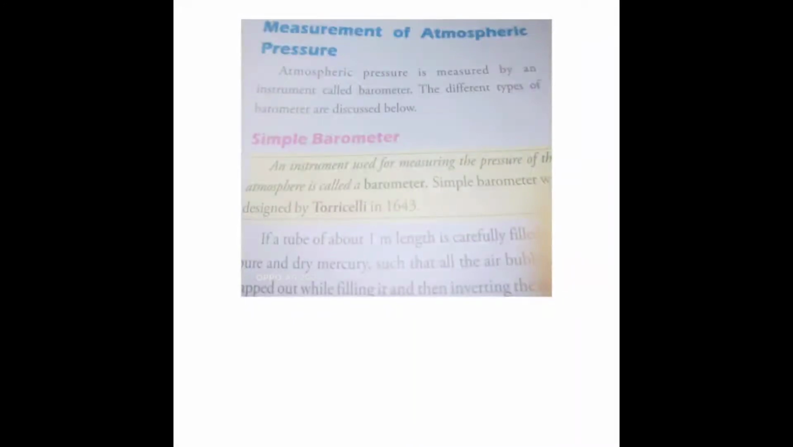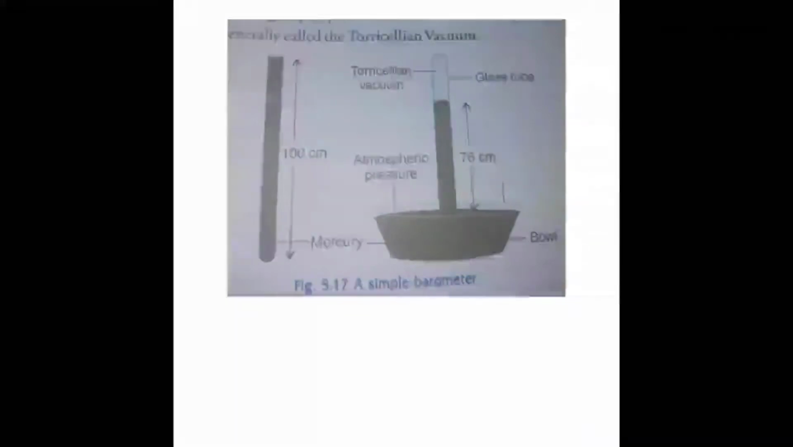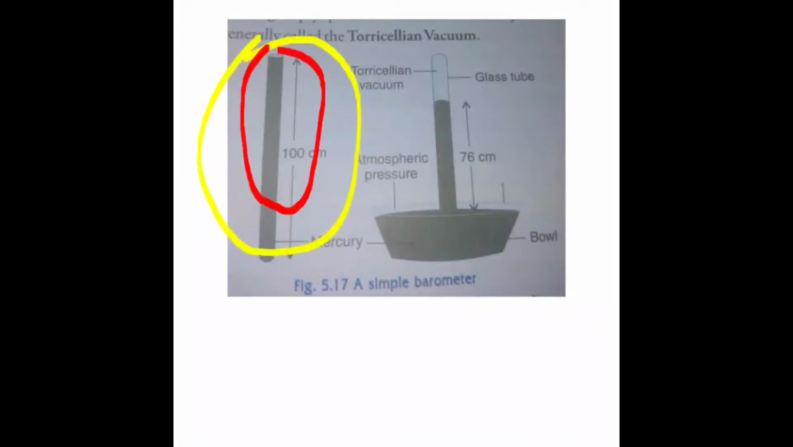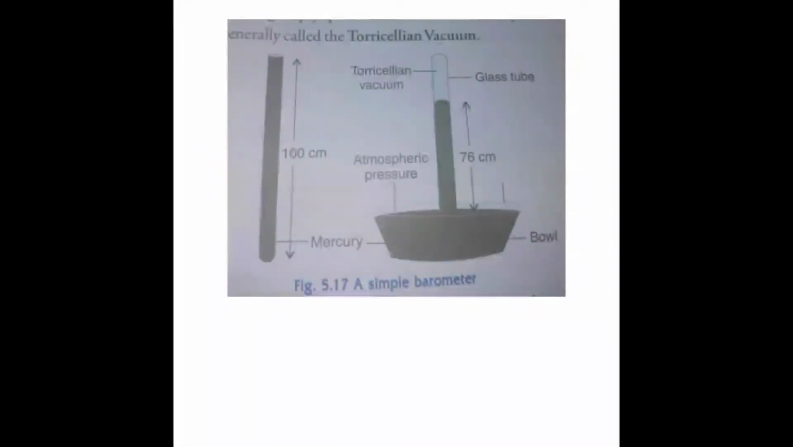Simple barometer. A barometer is an instrument which is used to measure atmospheric pressure, and it was designed by Torricelli in 1643. You can see this is a simple barometer. First of all, there is one tube, and in that tube a liquid is contained. When this tube is dipped in a trough containing mercury, we find that the liquid level is 76 centimeter, and a vapor or vacuum